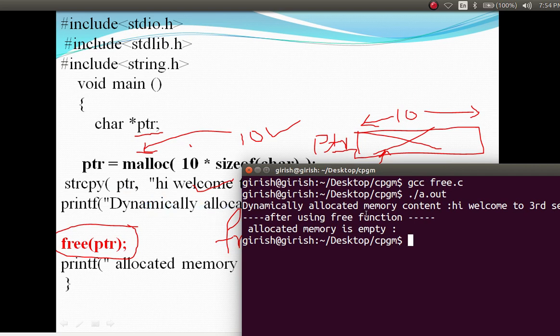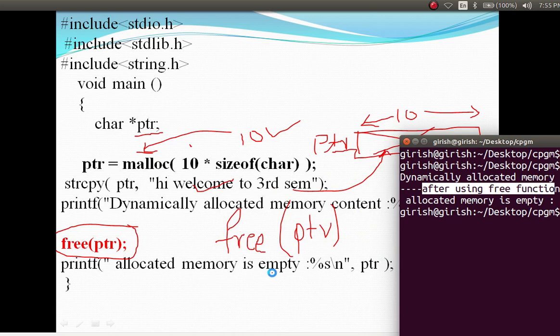Dynamically allocated memory content is "hi, welcome to third sem" in 10 blocks of memory, displayed here, isn't it? After that we are using the free function to deallocate memory. So after using the free function, memory is deallocated.